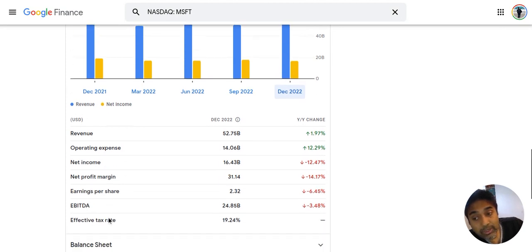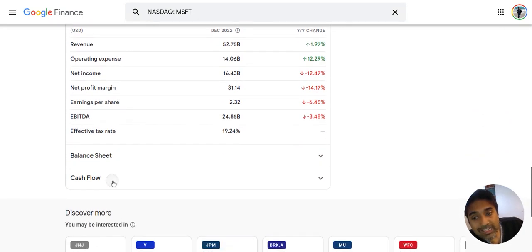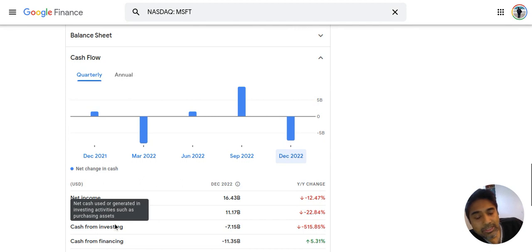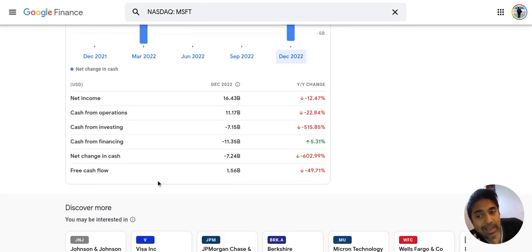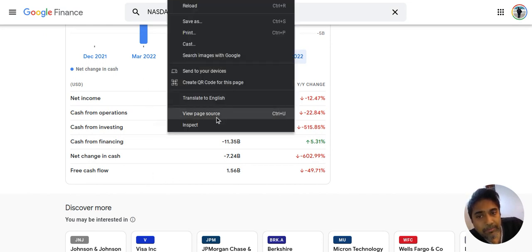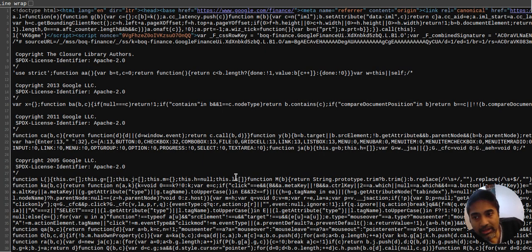Sorry, revenue, and I want to find out what the cash flow is, and then calculate the free cash flow of this company in the last quarter as a percentage of its revenue. So using this formula, you can right-click on it and then view page source, and there you can basically look for